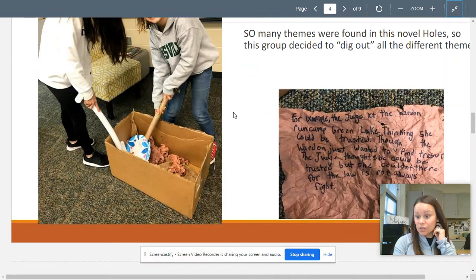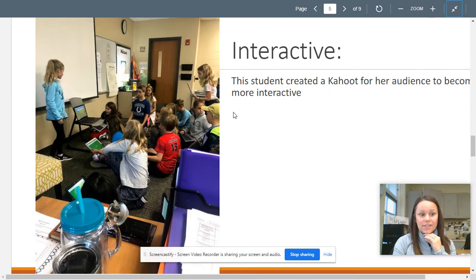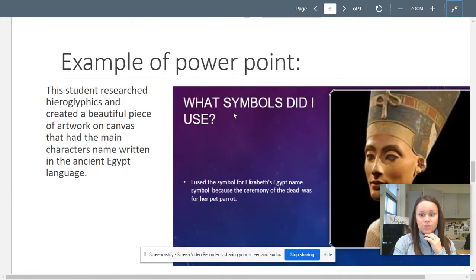These students created an art project. Some students made theirs interactive, so on and so forth. I have all of these different examples that go through it. What I really wanted to highlight with you is that important part right here where it says, here's what symbols